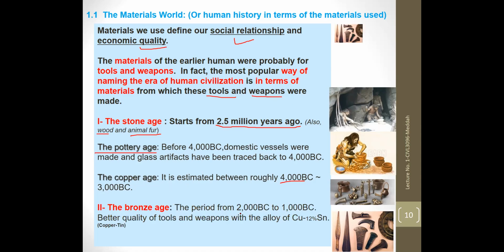using the copper. Then comes the Bronze Age. The Bronze Age mainly dates back to between 2000 BC and 1000 BC. Humans learned to make better quality weapons, because weapons at that time were the main tool used by humans for hunting and for other purposes in his or her